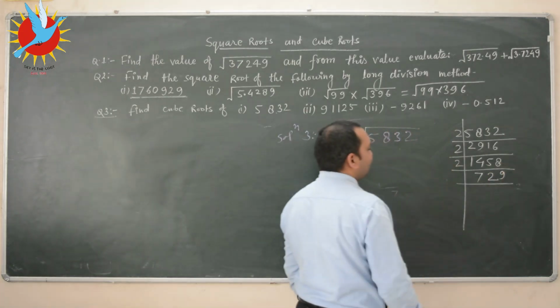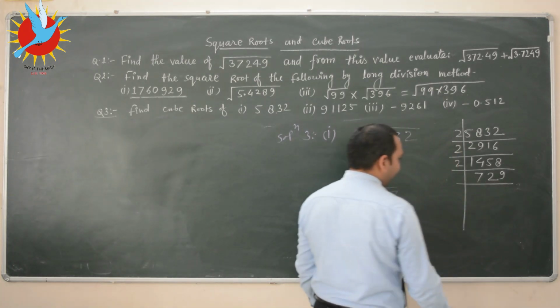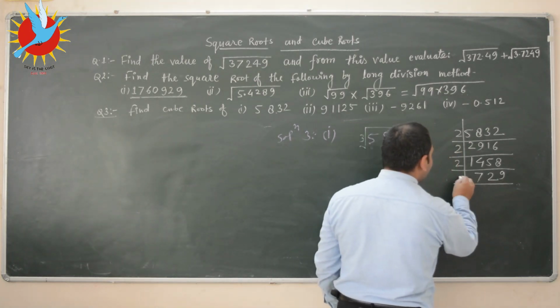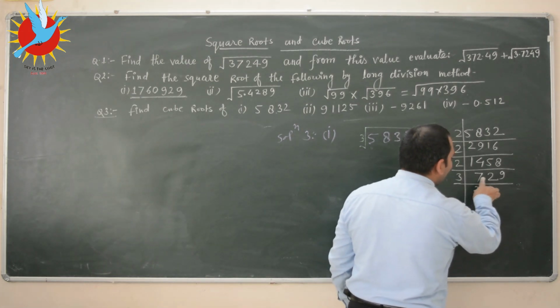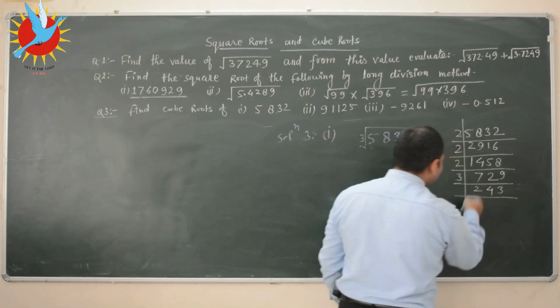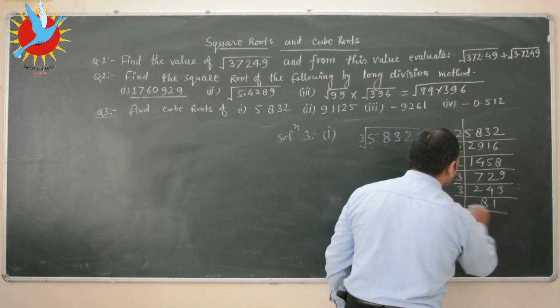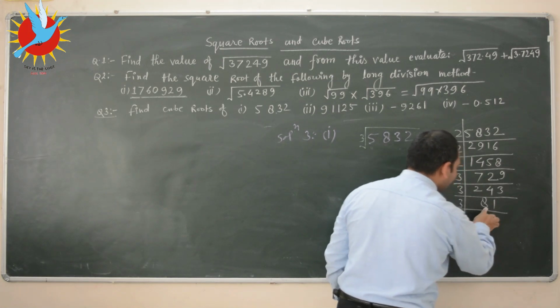Now this is divisible by 9, 2, 11, 11 7, 18. So this is divisible by 3, 3 2s are 6, 12, 3 4s are 12 and 3 3s are 9. Once again 3 8s are 24 and 3 1s are 3. Now 3 2s are 6, 8 1 9.